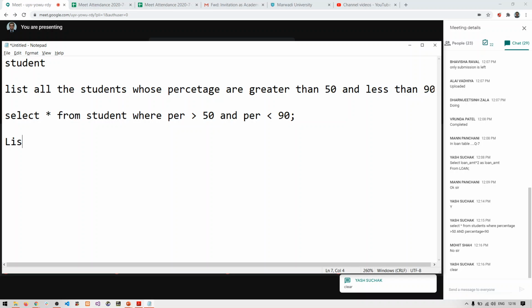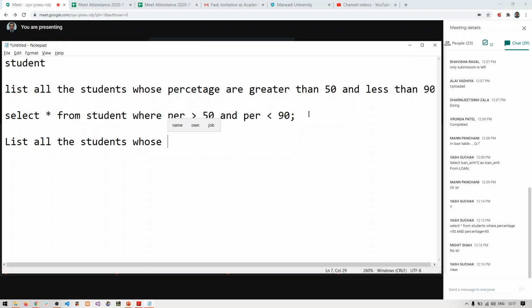Let us say, list all the students who study in semester 3, 4, 5. This is what the question is. What is the question? I need to display all the students who study in semester 3, 4 and 5.